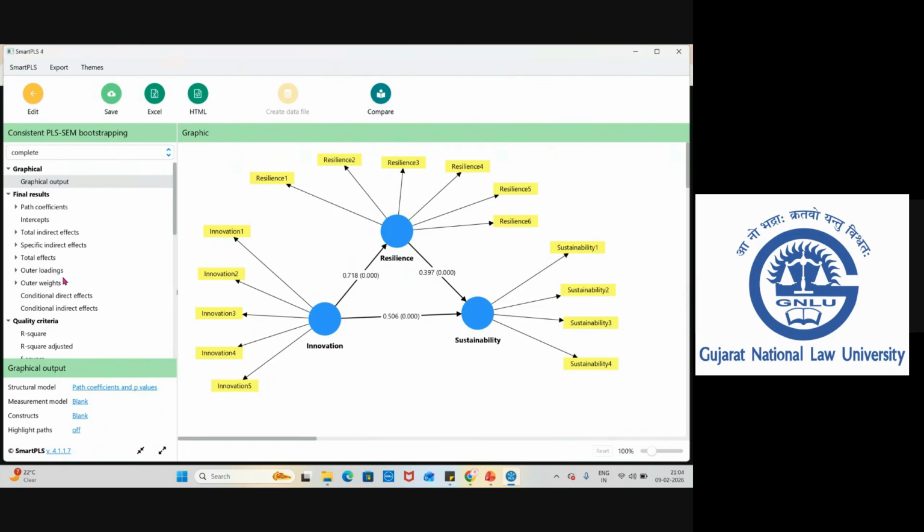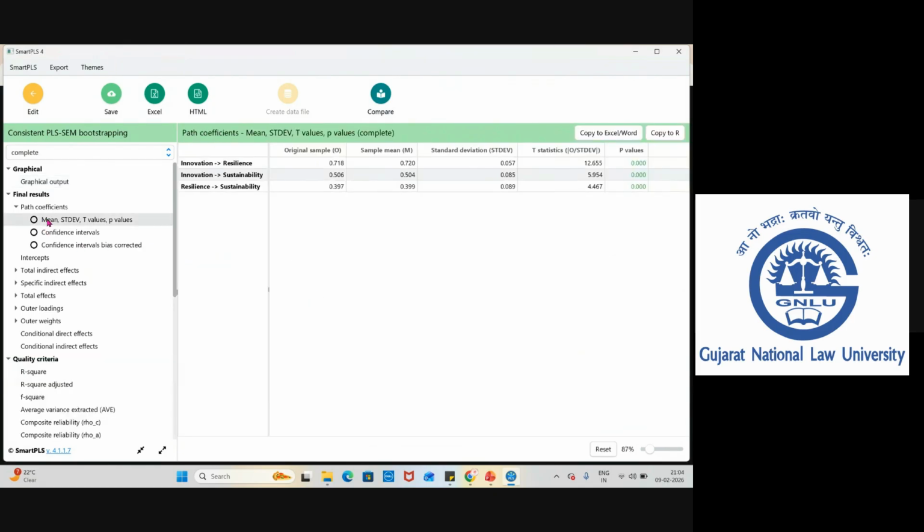Now, just look at the left side of the window. In the final results, we have path coefficients. I'm trying to look at the mediating effect: direct effect, indirect effect, total effect. I just want to see the direct effect.